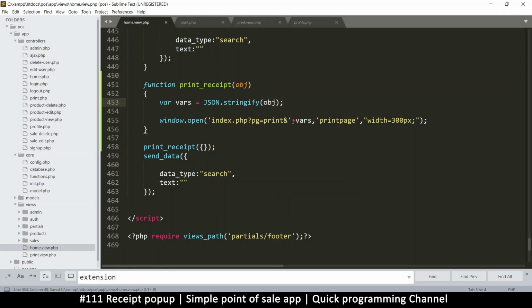That way we can put it in the URL. So I'm just going to call it data, so that we can carry the data. Or we can call it vars, doesn't matter. So vars is equal to whatever the data is, as a string there, so that it's carried to the page. Okay, so now that we've done this,